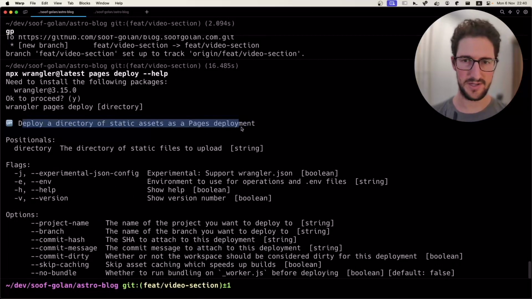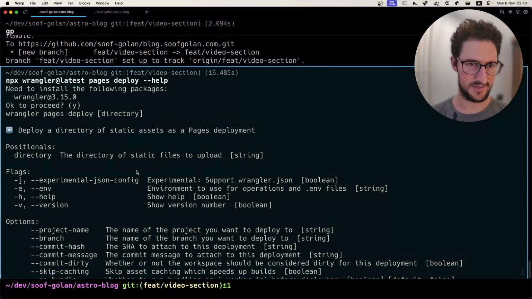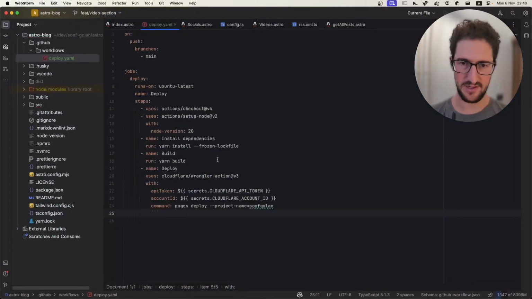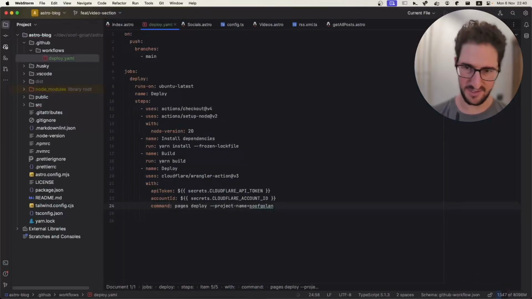Okay, so deploy a directory, and this is the position of the arg. So apparently project name, and then probably dist,